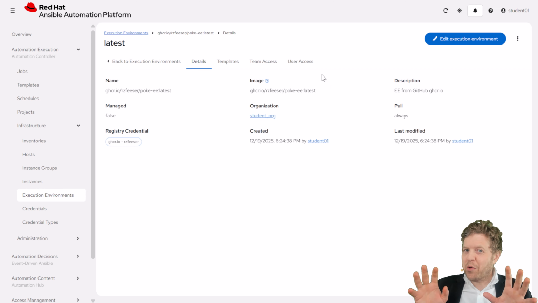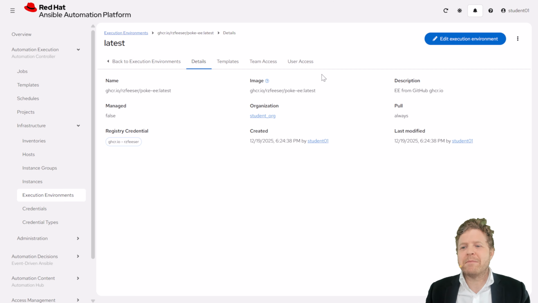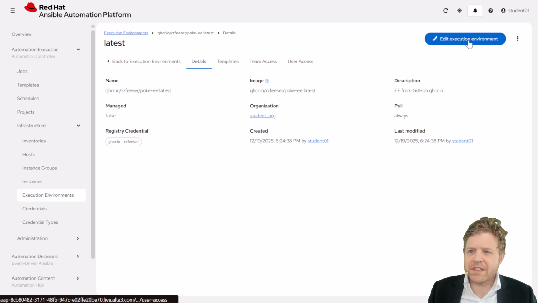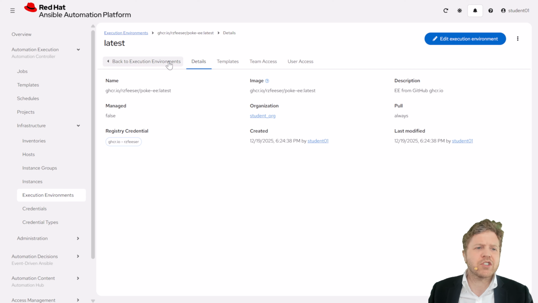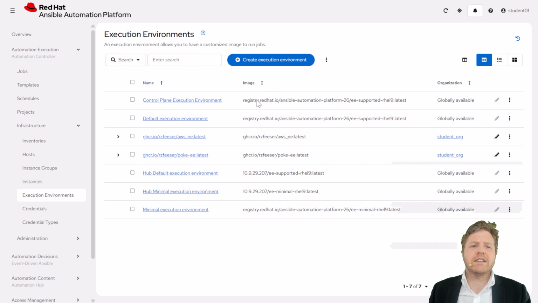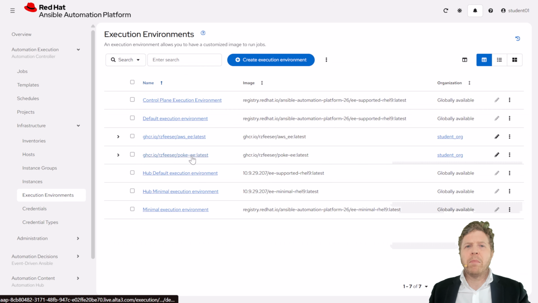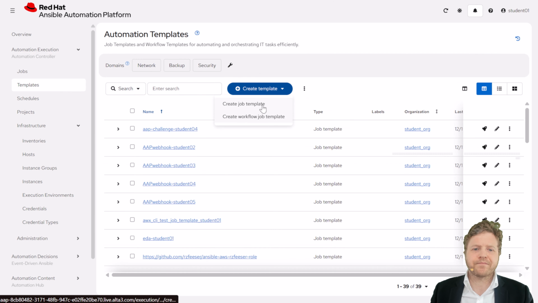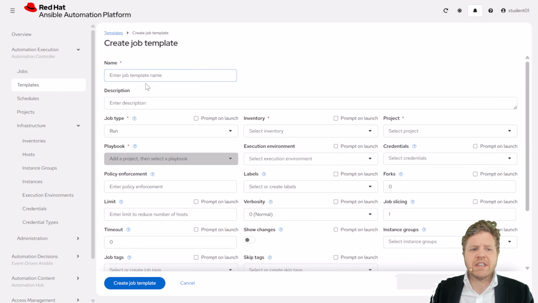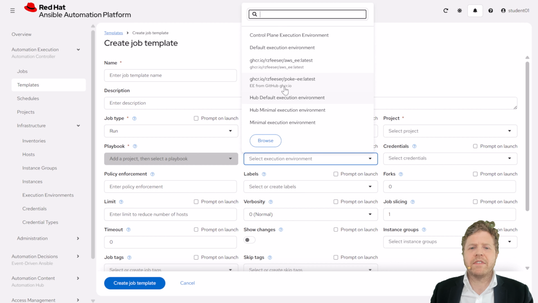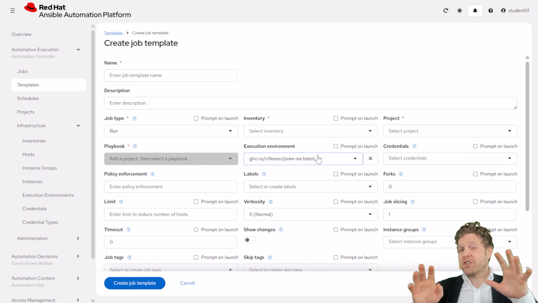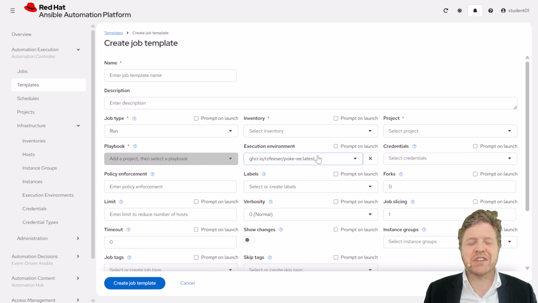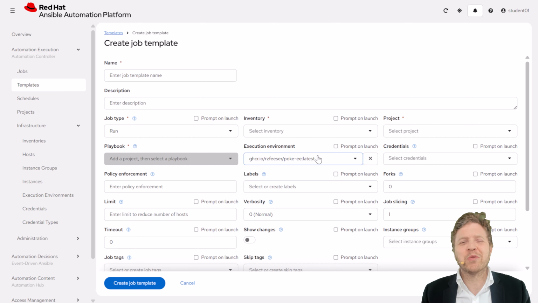That may or may not immediately pull it. It might wait until, in fact, I think it does wait until you actually use it with a job to pull it in. But if we go and set up a job template, you're going to see that under execution environment, I now have the ability to load in that Poke EE, and as long as the credentials are right, and as long as it's a working execution environment, the playbook will run fine